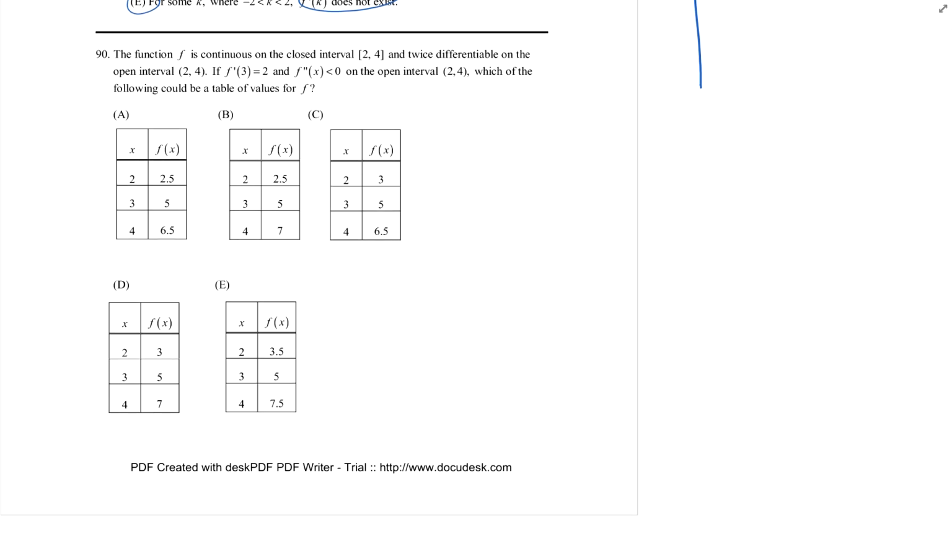Let's see. F is continuous on the closed interval 2, 4, twice differentiable on the open interval. f prime of 3 is 2, f double prime is negative on 2, 4, so that just means it's concave down, which could be a table of values. Okay, these ones always just seem to take longer. Okay, so we know the function goes from 2, 3, 4,